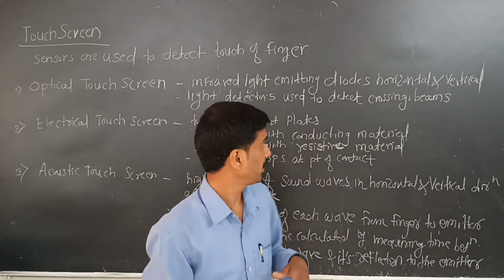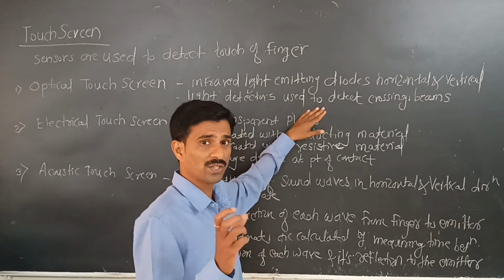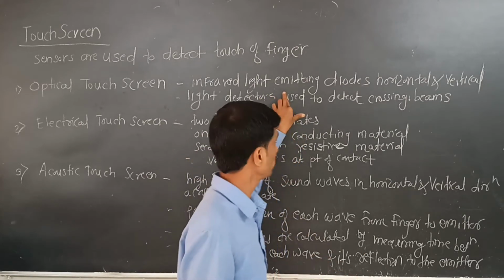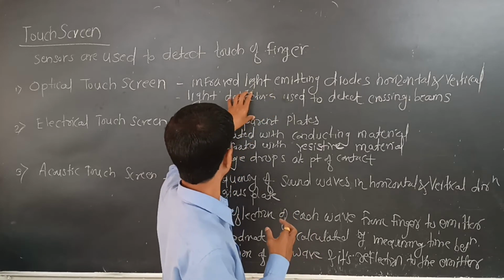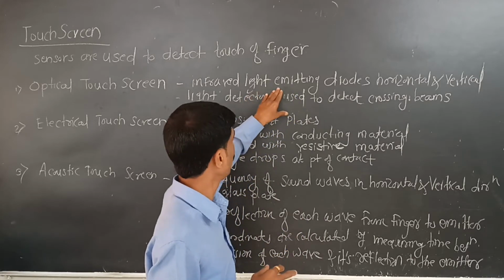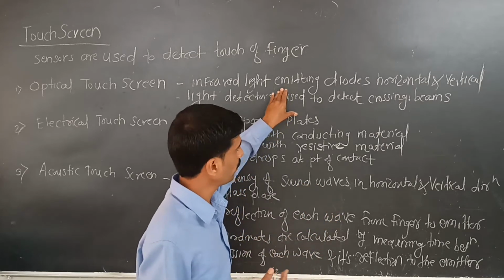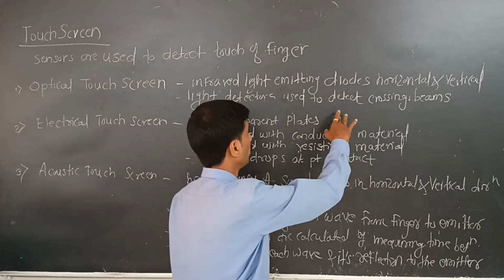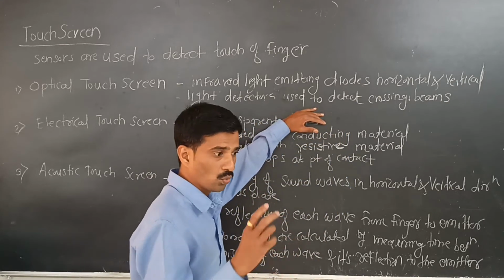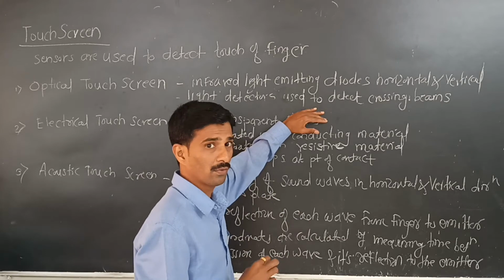The light detectors are going to detect which beams are touched, because in every screen there are different diodes present, and they are emitting infrared light, meaning they are emitting some beams on that screen. But when we make a touch with the help of a finger,